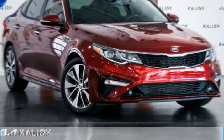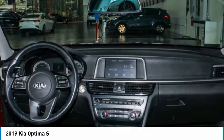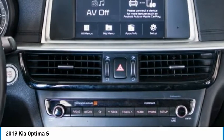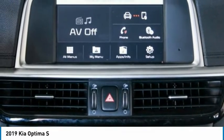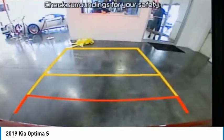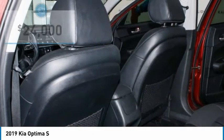Check out the 2019 Optima. The all-new Kia Optima offers a new level of style and performance features from Kia. The Optima also features engine management systems like direct injection and turbocharging, which enhance performance without sacrificing fuel efficiency. Its smooth flowing lines speak of grace and style and offer a strong hint of European luxury, and is priced